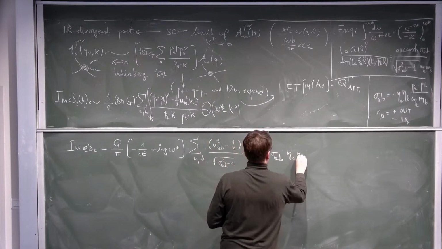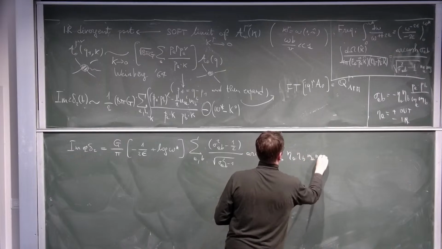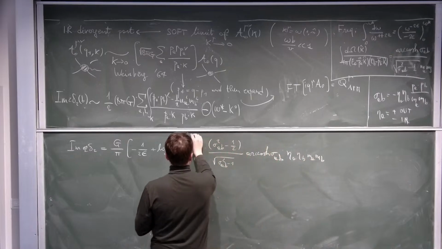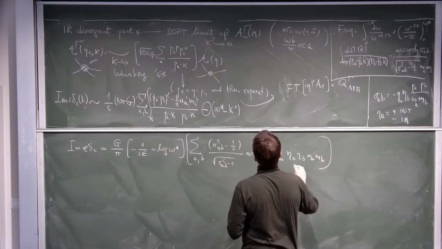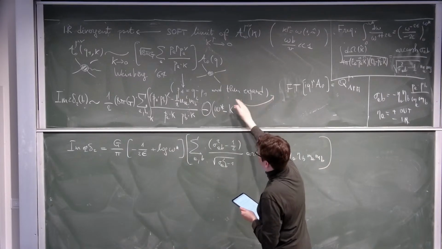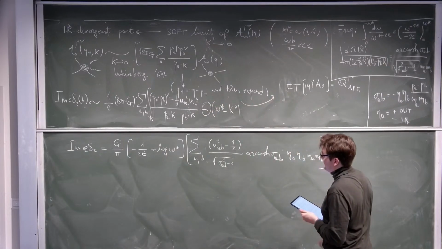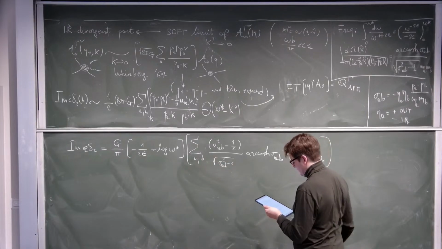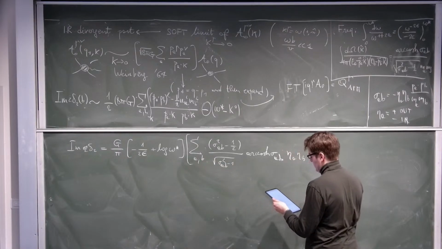Eta. And then you remember, in principle, we are supposed to expand. So remember this step that I sort of skipped over. Eventually, we are supposed to expand for small q in order to get the order g square contribution. And this is, okay,